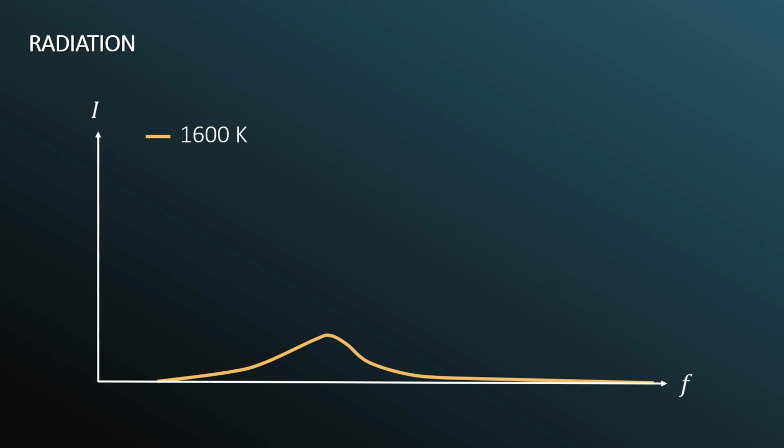And here we're talking about the intensity of emitted radiation, not reflected radiation, just how much an object itself gives off. If you were to put that object in a dark room, would you see it light up on its own? So some object at 1600 Kelvin emits an intensity curve as shown here, where the peak frequency is some value here, represented by this little line over the top of the letter F, so peak frequency.